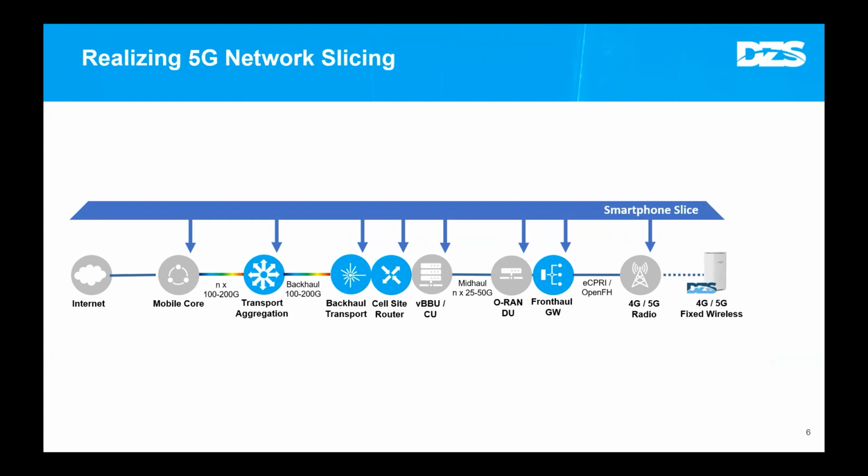And what does it mean to have a slice? Well, this cascade of elements that we just talked about, from the UE, user equipment, at the right-hand side of the picture, all the way to the core and the internet on the left-hand side of the picture. In many cases, maybe with the exception of the UE, unless you have a lot of friends,